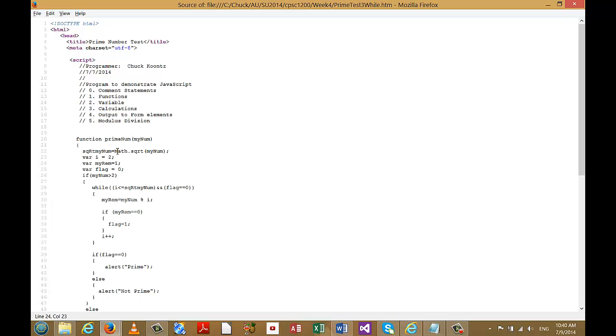The maximum number I need to divide by is the square root of n. So in JavaScript, there is a built-in Math object, and it has a built-in square root method, designed to perform the calculation to find the square root of a number. And so I find the square root of myNum, and that really is as far as I ever need to divide. So I'm going to immediately be able to shorten the number of times that I have to divide. Instead of always dividing clear out to n minus 1,